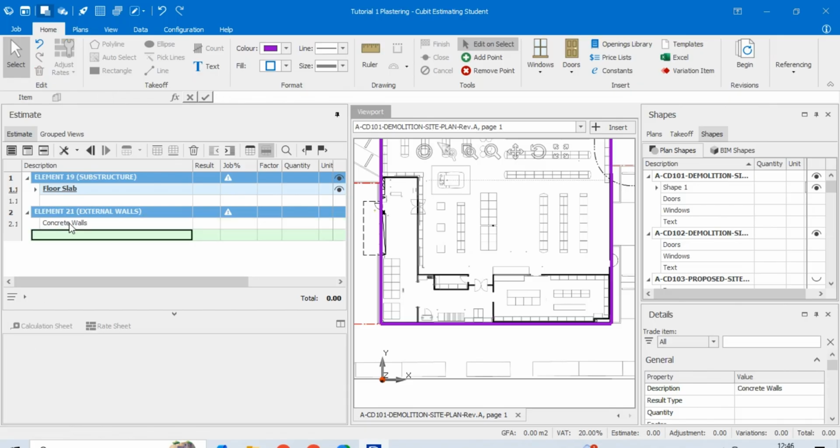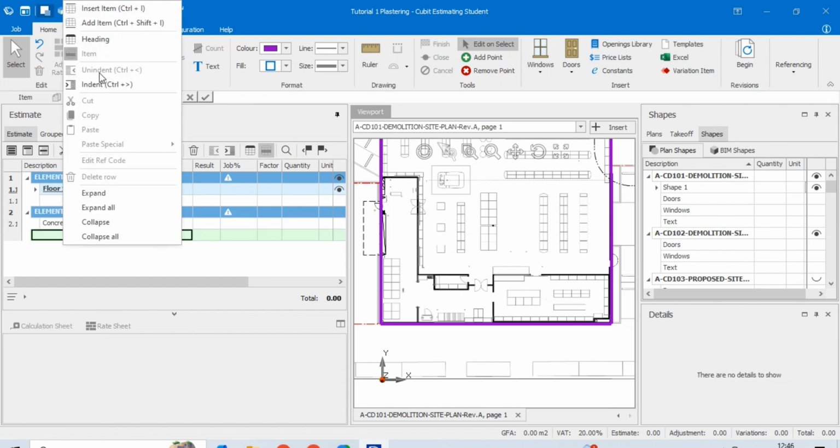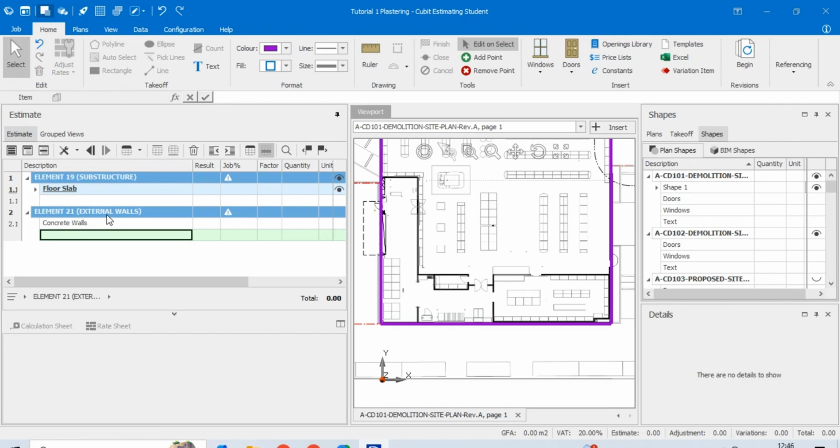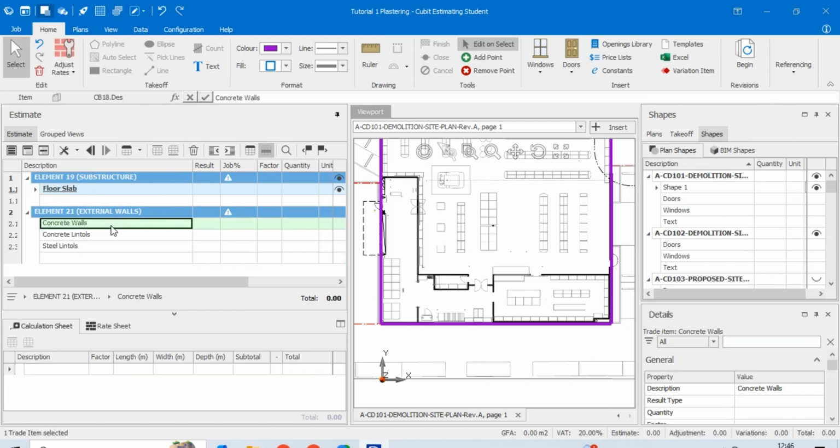For the external walls, we'll quantify the lintels. Maybe I'll also show you how to add some doors and some elements and some openings. So maybe let's say you have concrete lintels and you have steel lintels. So I'll give an example of how to calculate using the